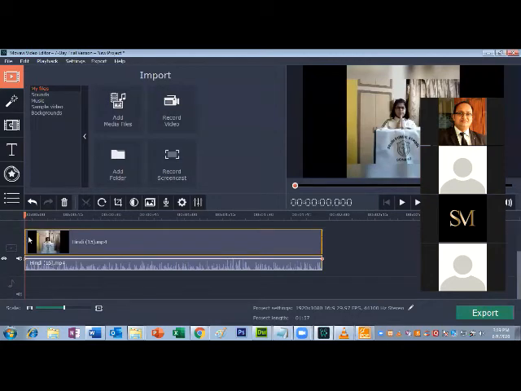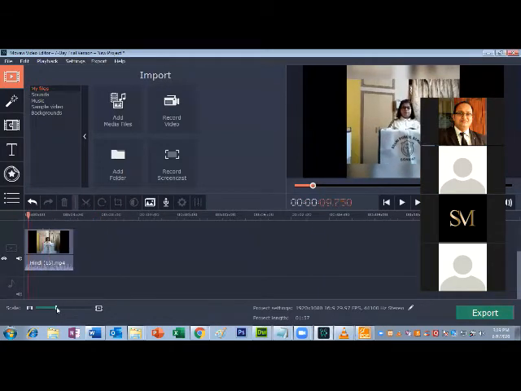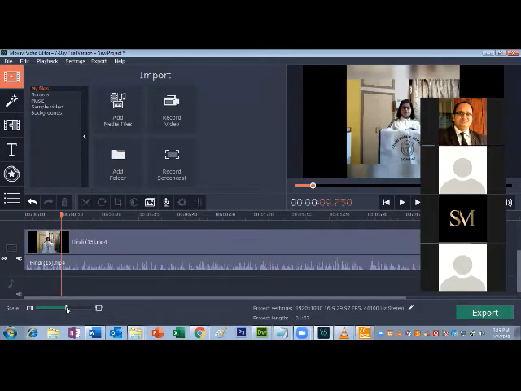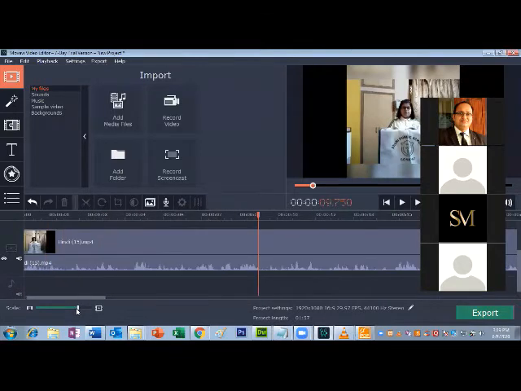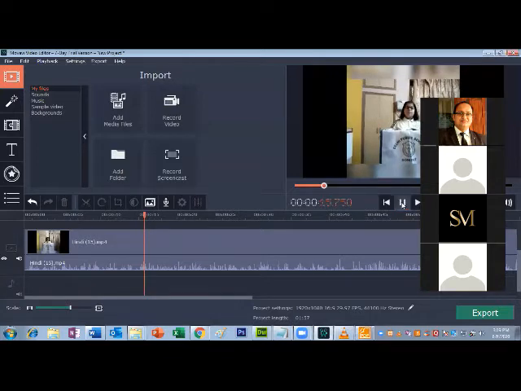This is our timeline where your video will be displayed in the form of layers. And this is a scaling part. You can display the same video, the entire video of 30 minutes, in a very small size or big size. This is for editing purposes. So it gives you complete freedom to choose which part or which seconds you want to remove from the video. For example, I am playing this video.